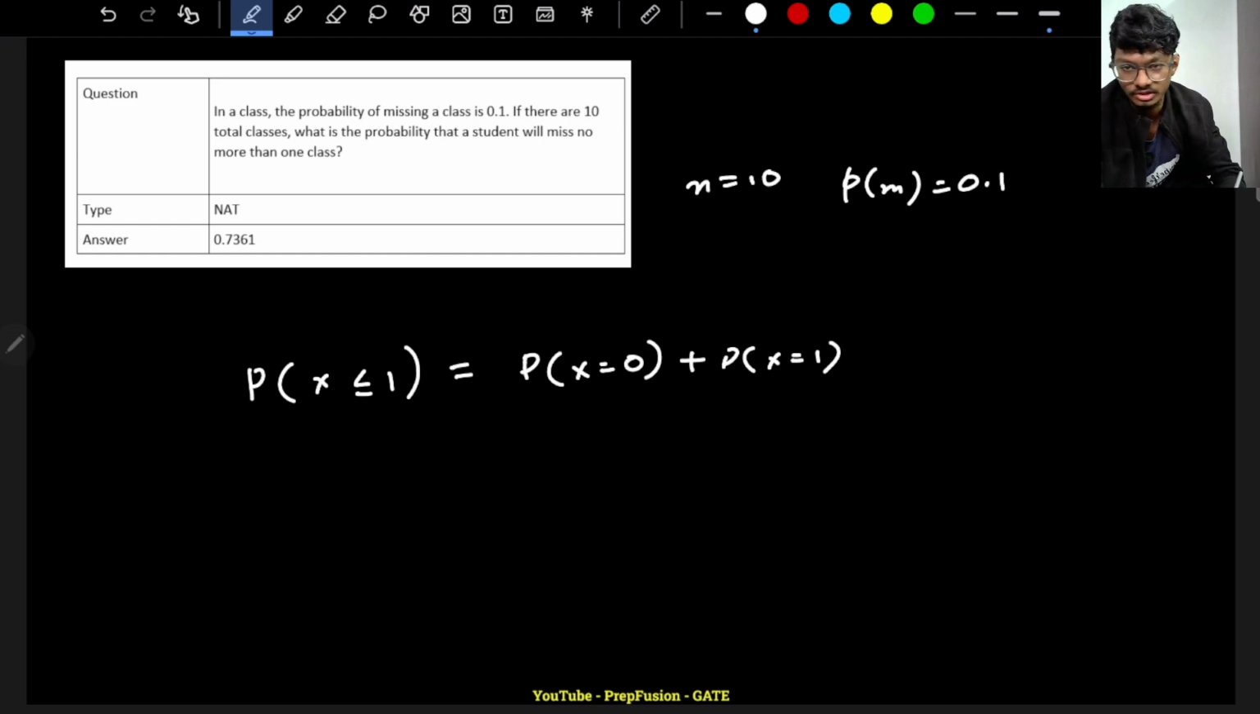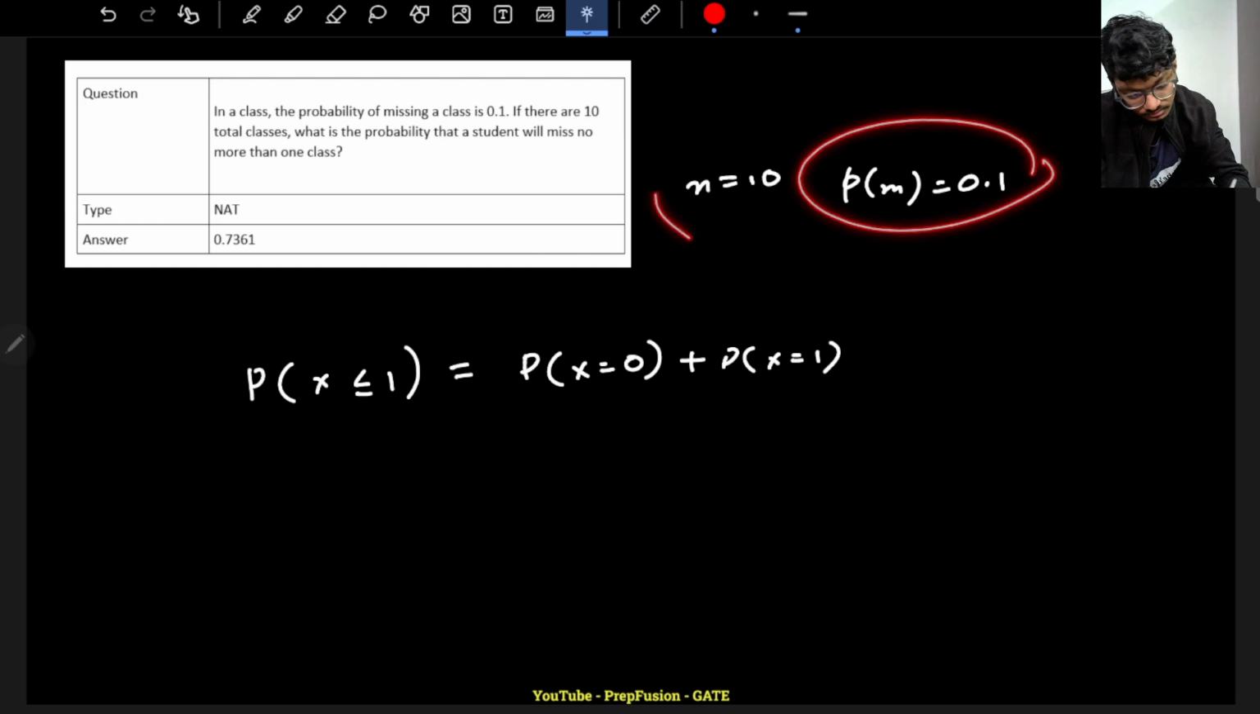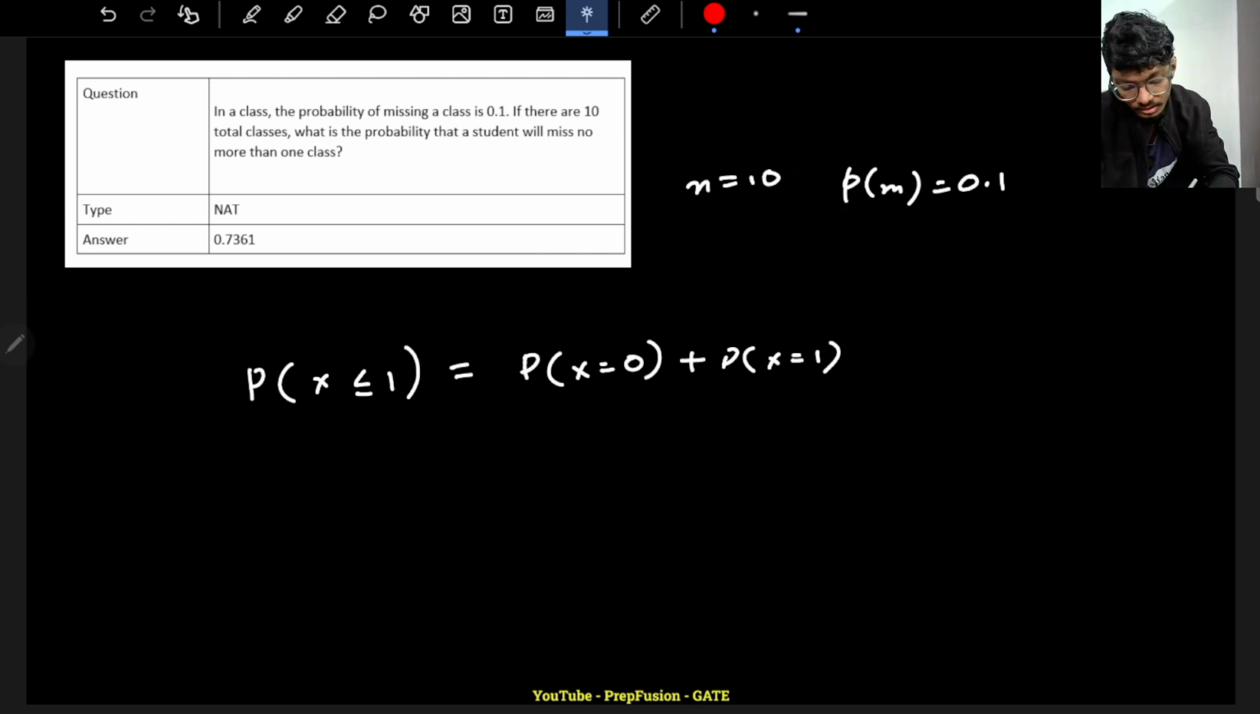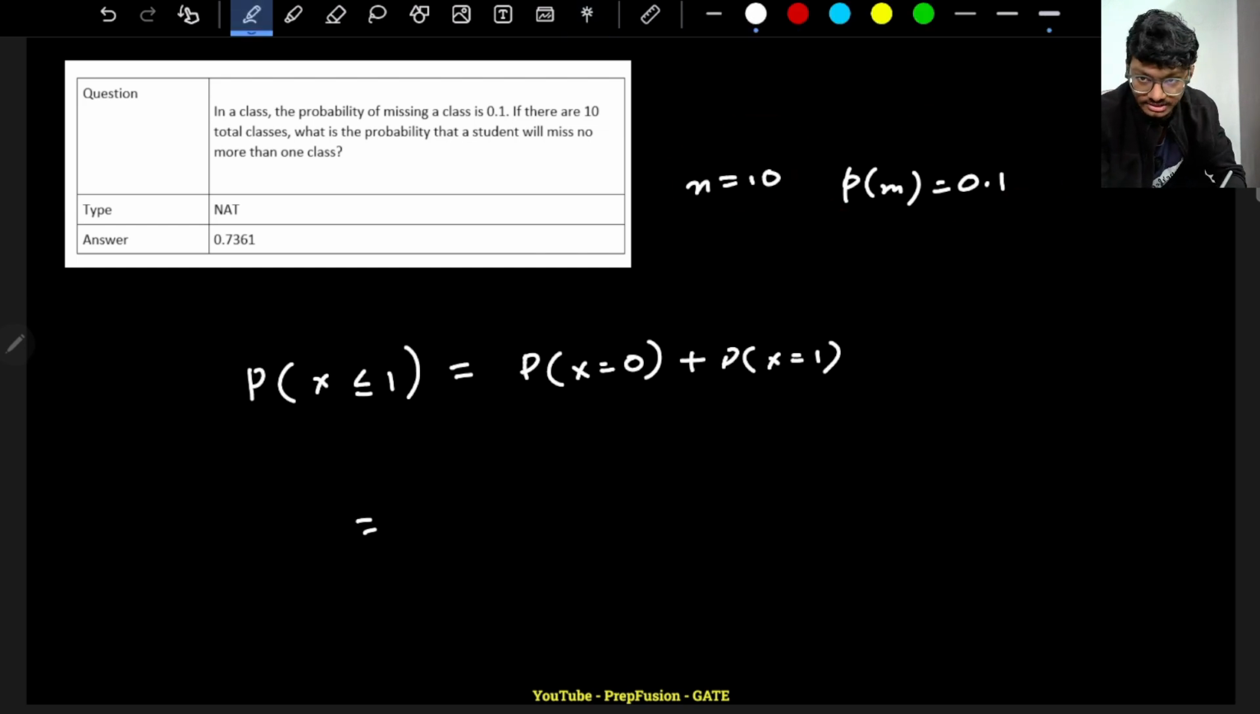So this is a question of binomial probability. Pretty simple, if the probability of success and the number of trials are given, simply you can solve. So for the first case, I am not missing any class, so it will be 10C0 into 0.1 raised to power 0 into 0.9, because the probability of missing a class is 0.1, then the probability of not missing a class will be 0.9 raised to power 10